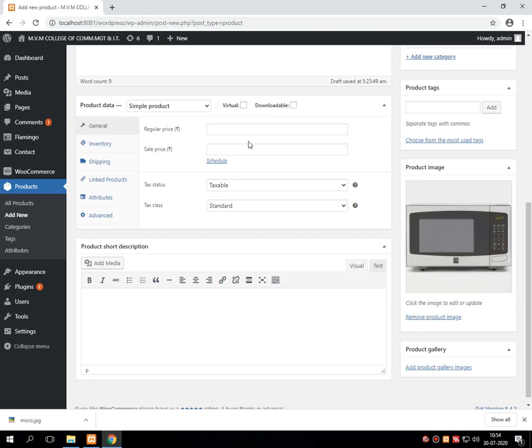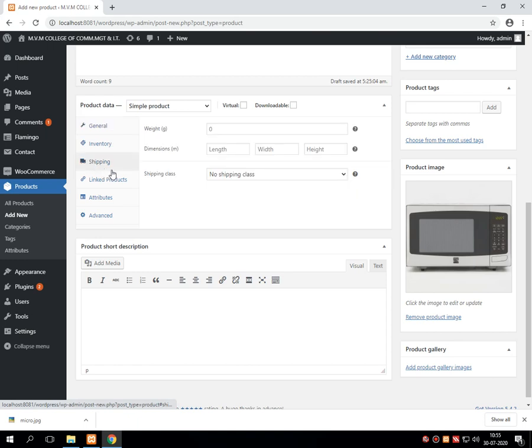Then I am giving a regular price of 6,500, sales price is 6,000, taxable. Then tax class is standard. I am taking simple as it is.